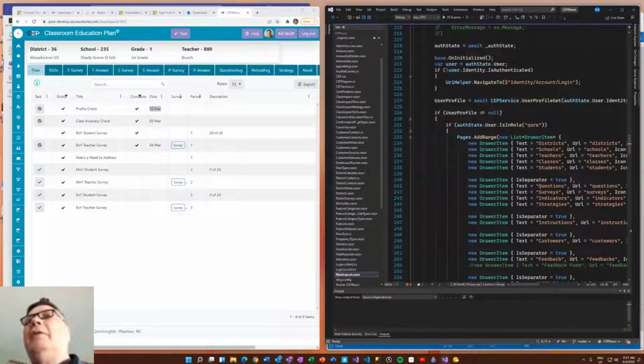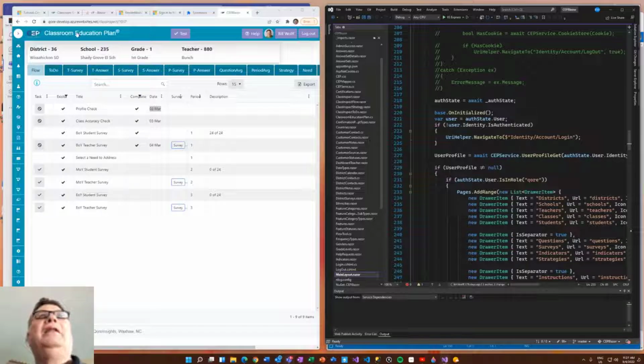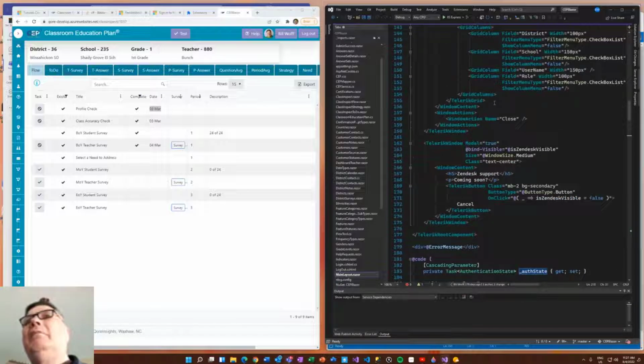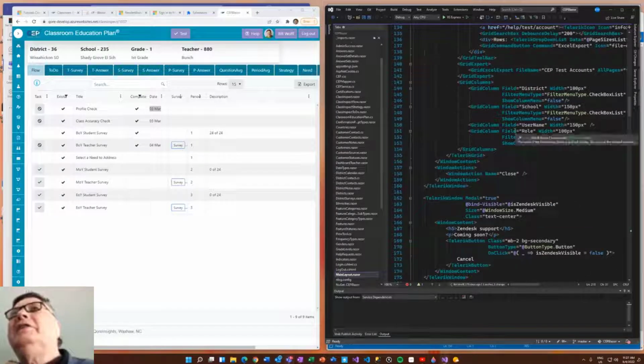Okay. Now, that's how you do the left nav and the top nav. You do this thing called main layout. Then in the middle of main layout, you're going to see something called